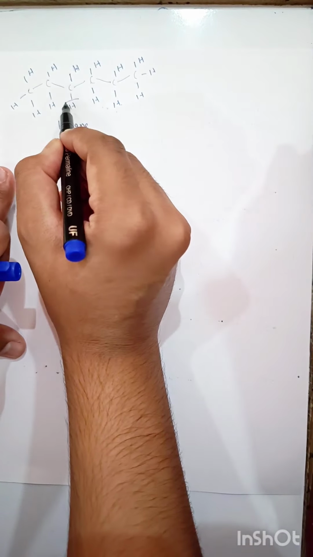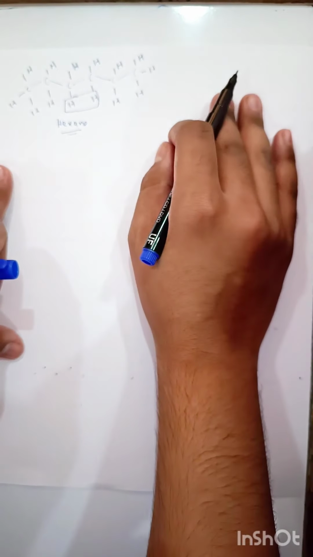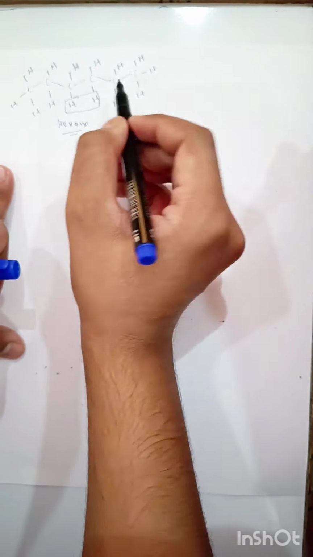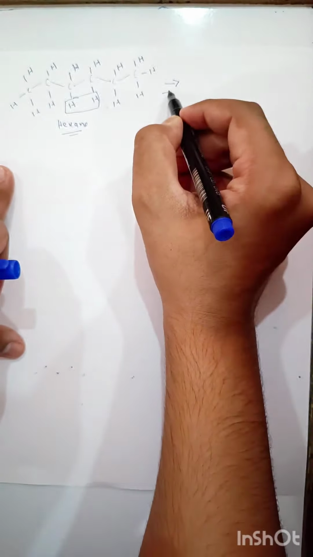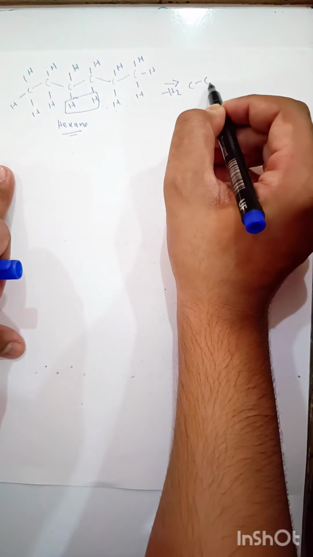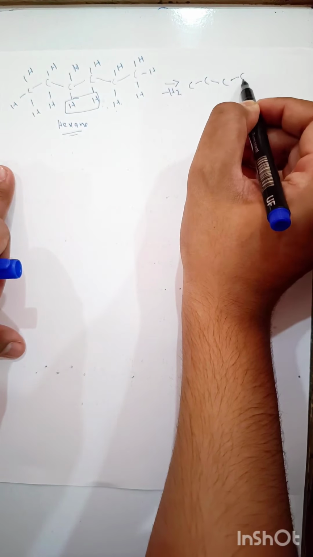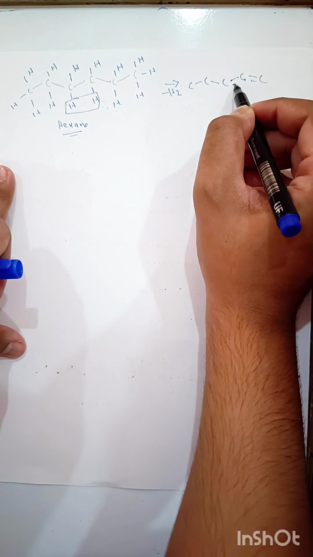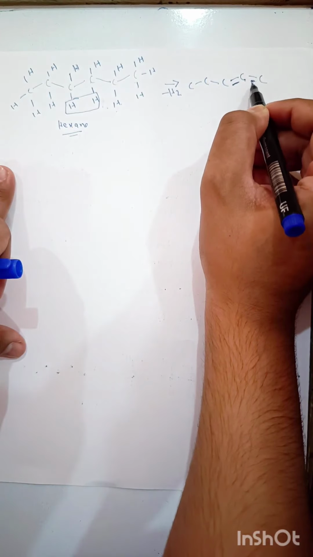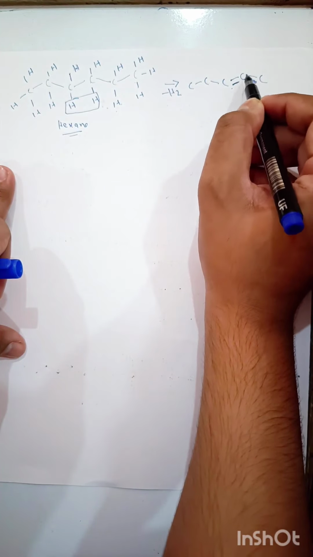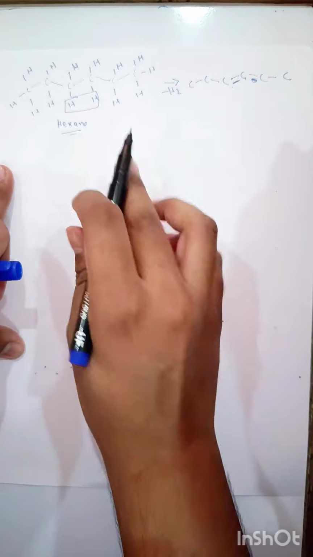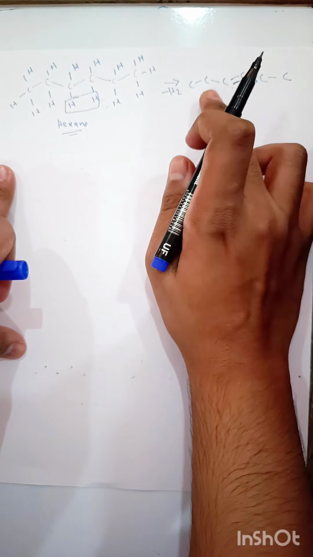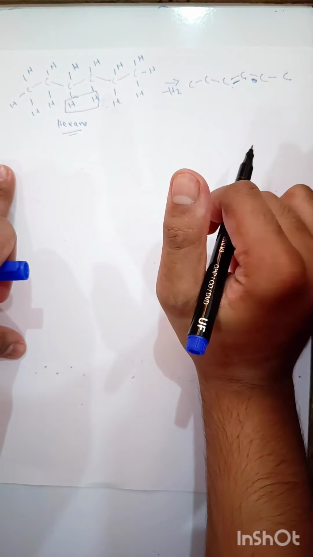Now let us remove these 2H. Suppose you can remove any 2H, from here or anywhere. This will lead to the formation of a double bond. So I am forming a double bond, C double bond C. 1 2 3. I think the double bond should come here. Sorry, by mistake I have written C C C here; it should be C double bond C C and C. So on removing 2H, a double bond is created here between these two carbons.